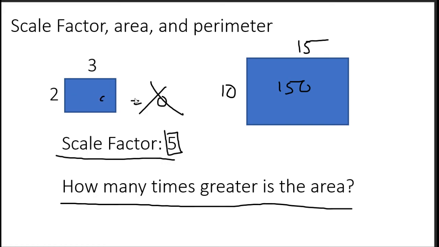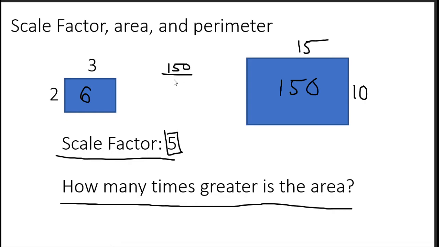Now the question is, why? Well, why don't we actually do a comparison first? Let's find the actual areas. We already know that this is 6. We know this is 150 because this is a side length of 10. And if we have 150 divided by 6, this would actually be a total of 25 times